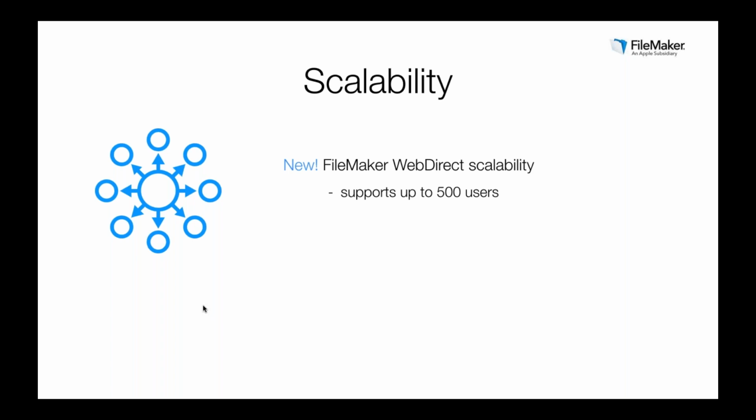Again, you had to develop really well and rebuild your solution around knowing that it was going to be hit by a web browser. With FileMaker 16, WebDirect scalability goes up to 500 users,